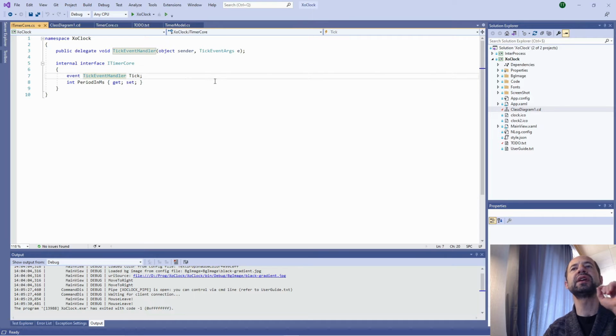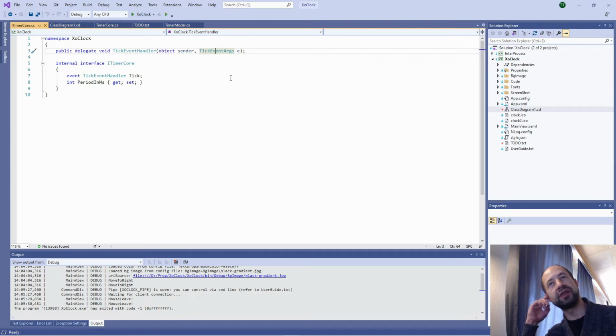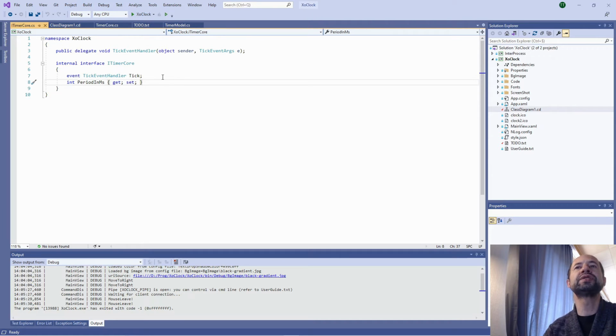So we have the tick event handler, and the tick event handler is a delegate which implements the signature of an event like this one, and has as a parameter the tick event args. So in fact, we are using an object which broadcasts a tick event handler, and the tick event handler is,